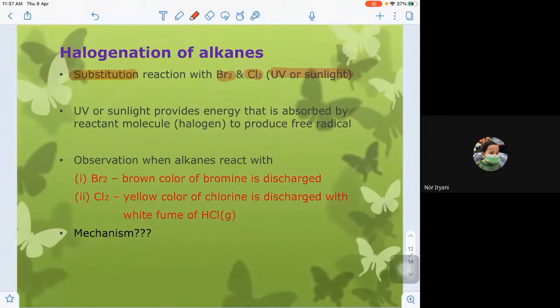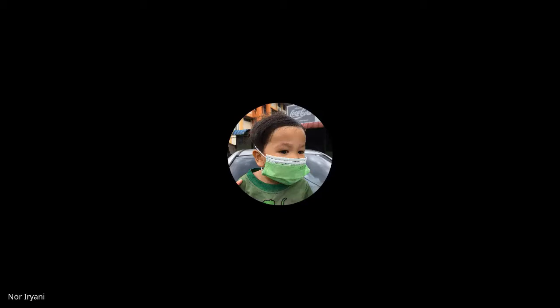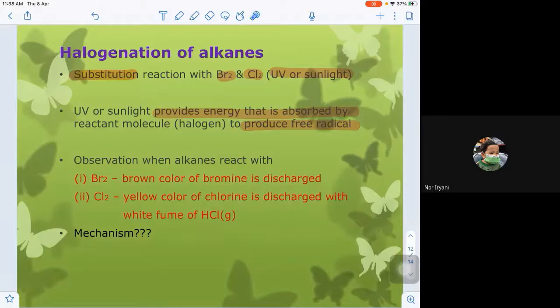Okay, what is the purpose of UV? It will provide the energy for the production of the free radical. The halogen will absorb the energy to produce a free radical. We look at that in the mechanism after this. Since we said that it is a chemical test,